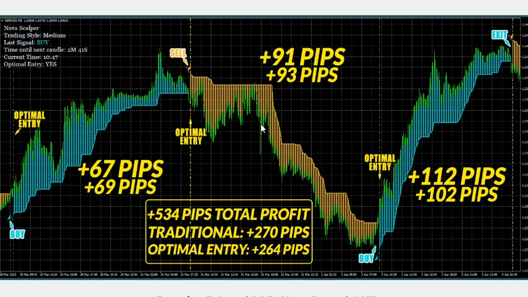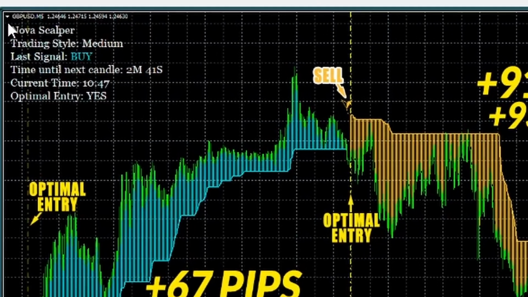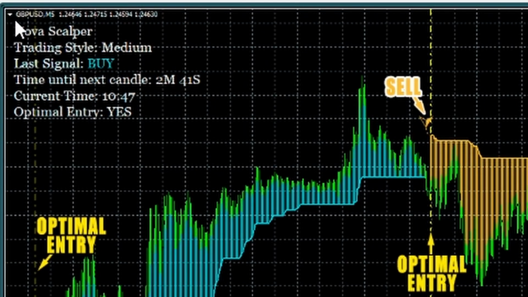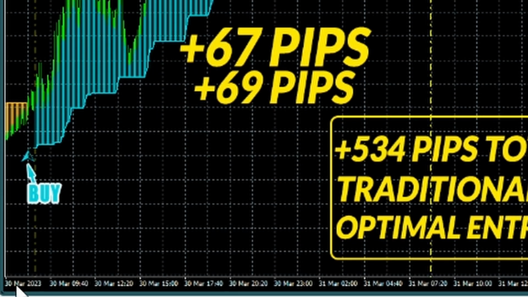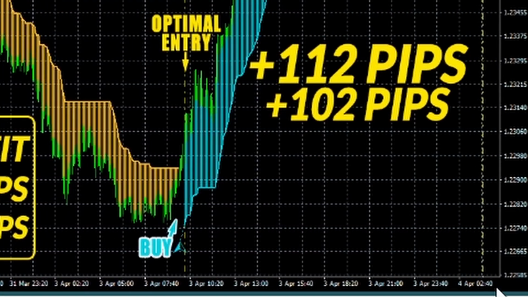this Nova Scalper. Now I'm going to go to the MetaTrader charts so that I can find this time frame and just have a look at what the chart tells me. I can see in the top left corner here that this is MetaTrader 4 because the icons are different for MetaTrader 5. That's not really relevant to the performance of the indicator. It just means that I'm going to be using MetaTrader 4 to do the demonstration. And across the bottom I can see that this runs from the 30th of March to the 4th of April